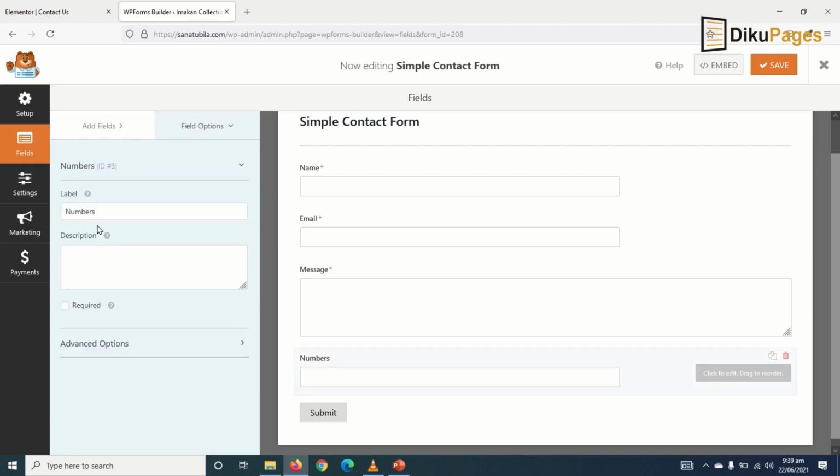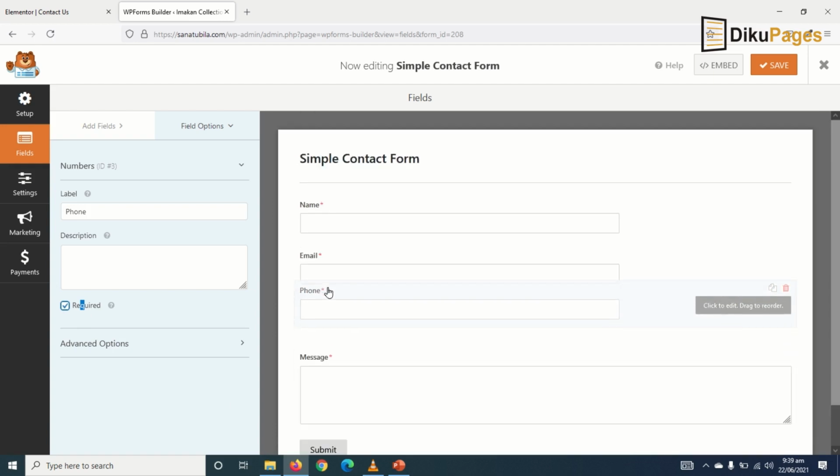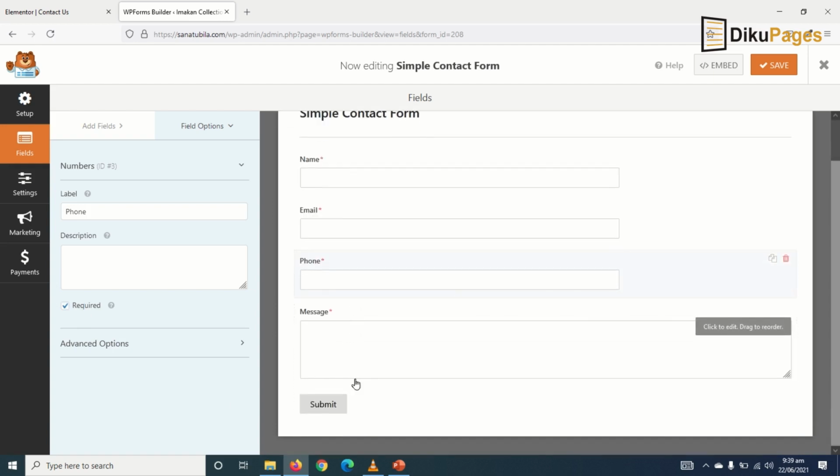So I click on it. So instead of numbers, I enter phone and I will make it required. Then I select it, drag it up on top of message. Everything is intact. I click on save. Now let me go back to Elementor,